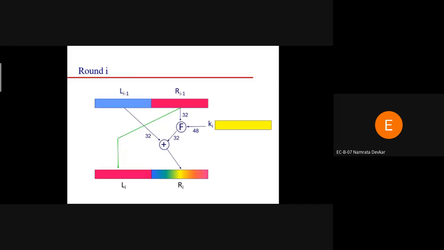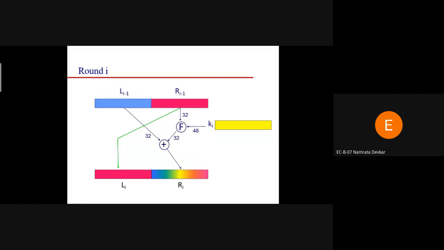For that we can also take one example, and with the help of that example we can understand how the plain text can be encrypted in round one. So this is the basic procedure of the first round. Likewise we can repeat the same process for round 2, round 3, up to round 16. So likewise we can encrypt the message over a number of rounds. This is the standard procedure for encrypting a message.